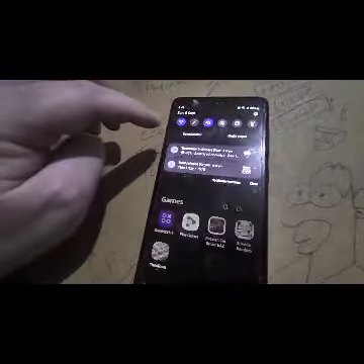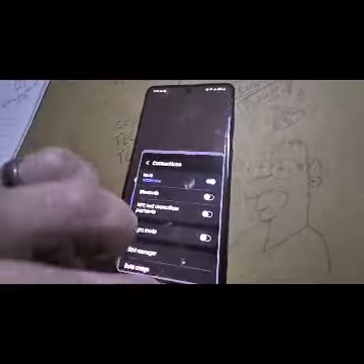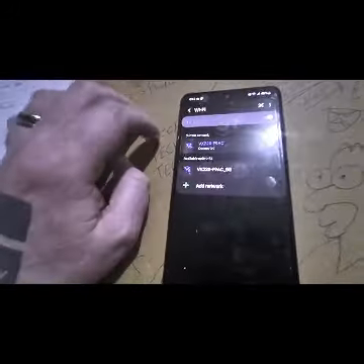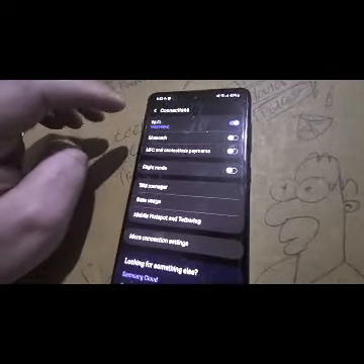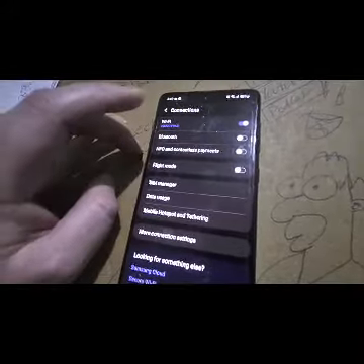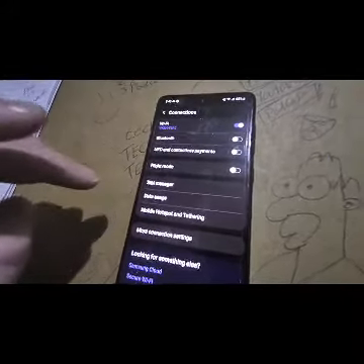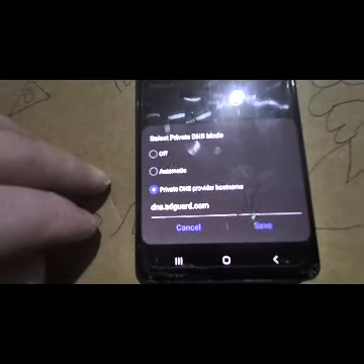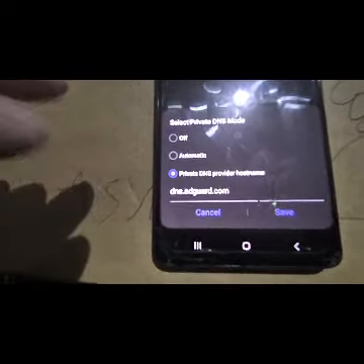Oh yeah, another thing, and this one is a big deal. What you want to do is bring down the drop-down menu and get into your settings, my bad, you want to go to connections. You've got your Wi-Fi, Bluetooth, NFC, flight mode, SIM manager, data usage, mobile hotspot and tethering, and then more connection settings. Go to more connection settings, then go down to where it says Private DNS. Then go down to the bottom where it says Private DNS provider hostname. You're going to want to type in, all lowercase,